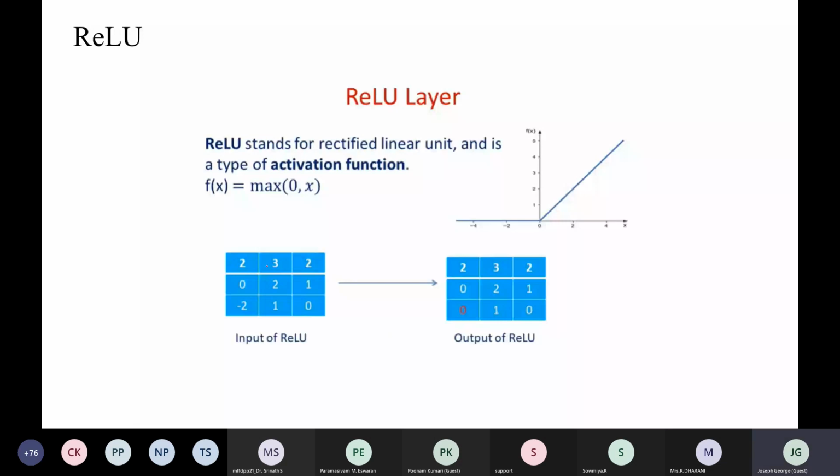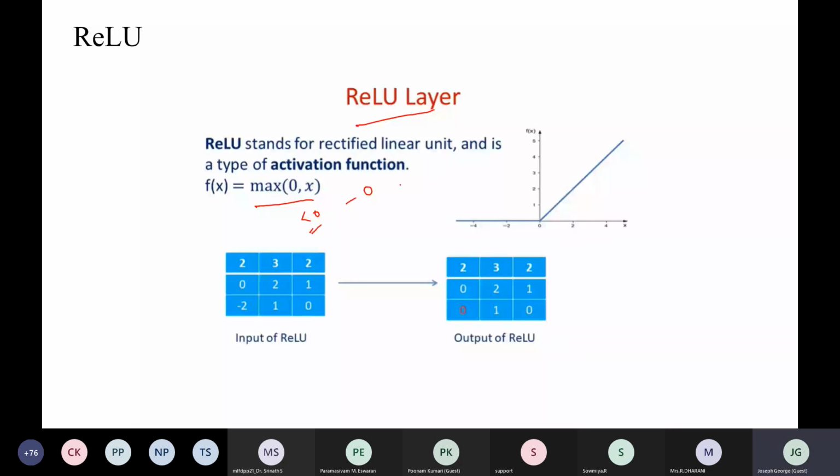One of the most widely used activation functions is ReLU, the rectified linear unit. Whatever the input, if it is less than or equal to 0, it is considered as 0. If it is greater than 0, it is considered to be that value.